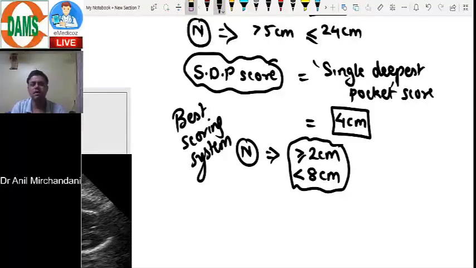When there is twin gestation, with two babies, you cannot use AFI. Amniotic fluid index would be, what will be the AFI of one baby, and of the other baby? There will be confusion. So single deepest pocket score is great for multifetal gestation. In fact, nowadays we say AFI is not a good score, SDP is a good score. Clinical correlation with the outcome of pregnancy is better with SDP score rather than with amniotic fluid index.